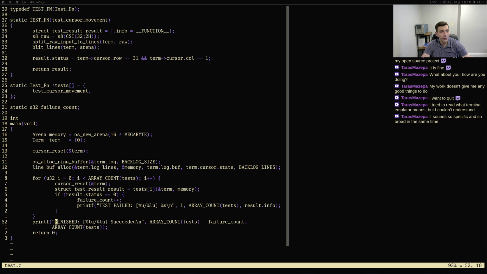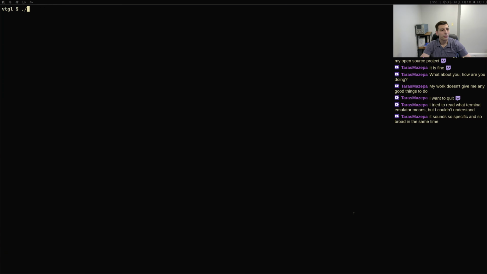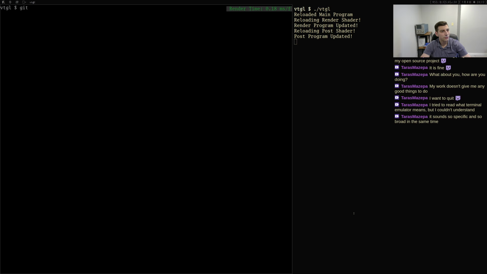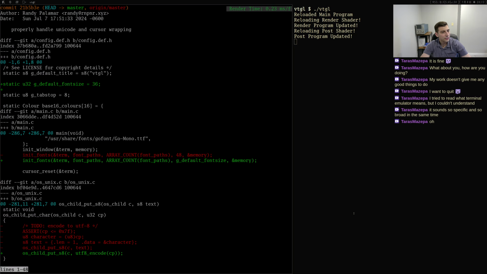A terminal emulator is basically what's displaying all of the text on the screen right now. So this is not my terminal emulator. Mine is this one. It's in progress. It can display some text, display some colors, and do it pretty fast. But it's not finished yet, and there's still some bugs to handle,